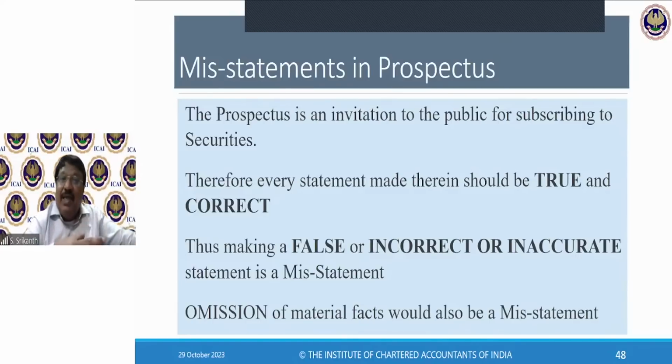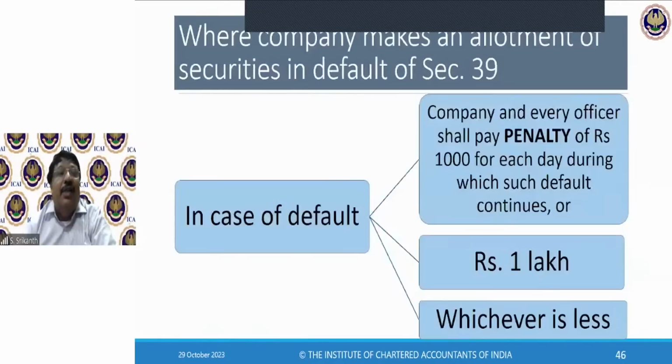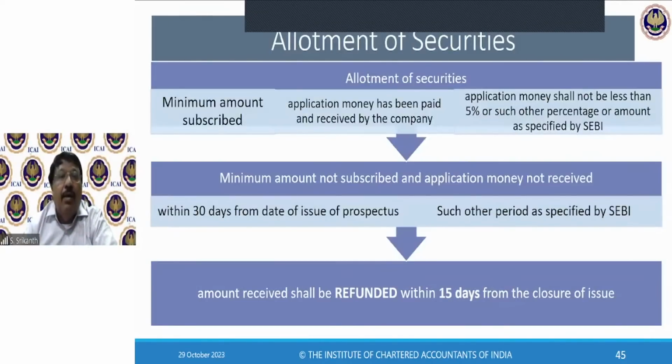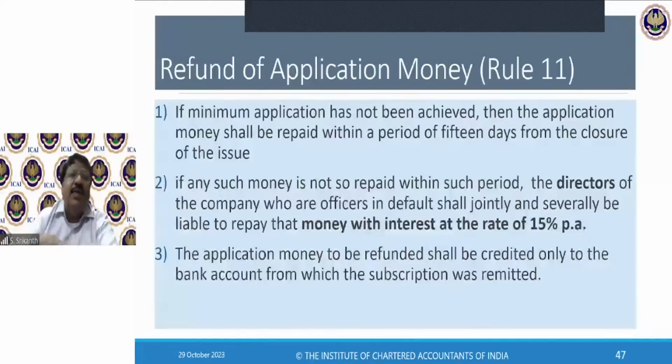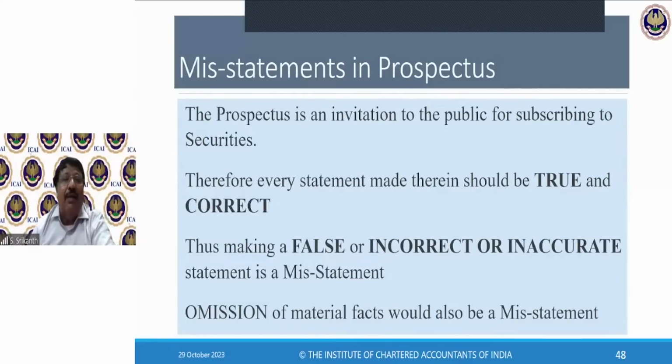So my money will be safe. For him also, he knows that money can be taken by him, provided he complies with all the conditions. So in this case, what is the important condition that the company has to comply? Minimum amount subscribed. Correct? Application to the stock exchange, and that should be approved. Listing should be done. So once everything is done, that's it. My money is mine. I can take it. Till such time, it will be kept in an escrow account.